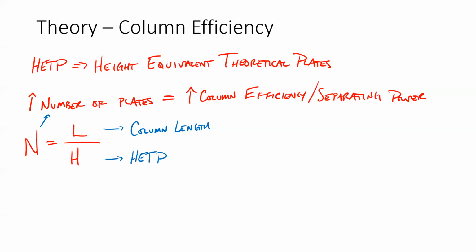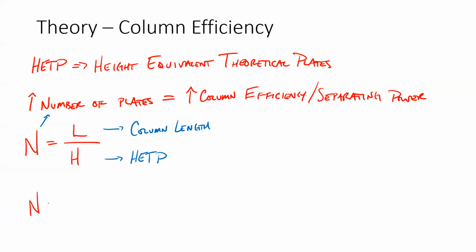So this column length, we could give it in centimeters, but more often than not, we're going to convert it down to something that's a more reasonable value. And so lots of columns have somewhere around 10,000 plates in a column. Now, because these are theoretical columns, they don't actually have a height and they don't actually have a number. So how in the world do we figure this out, right? This is all theoretical. So the way that we have come up with calculating the height of these theoretical plates